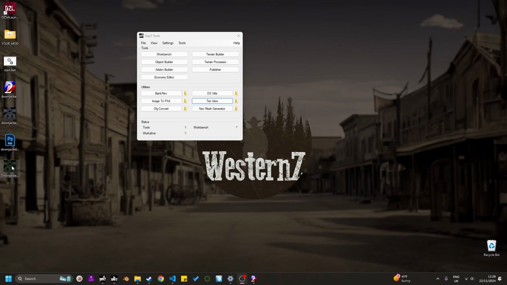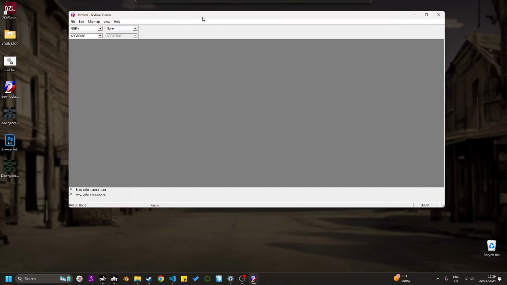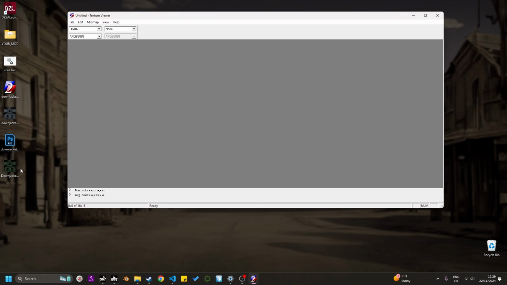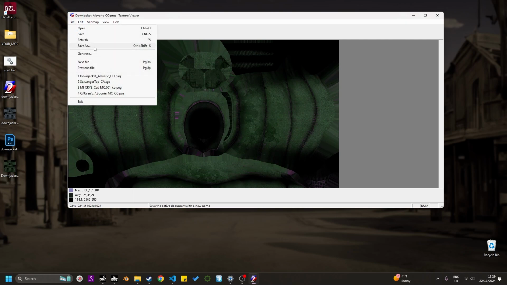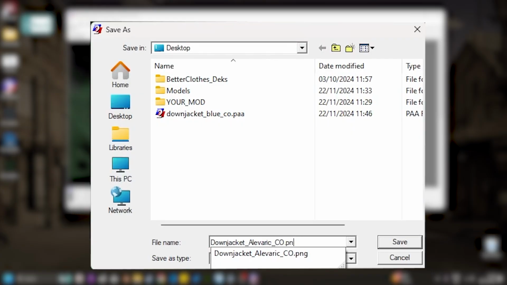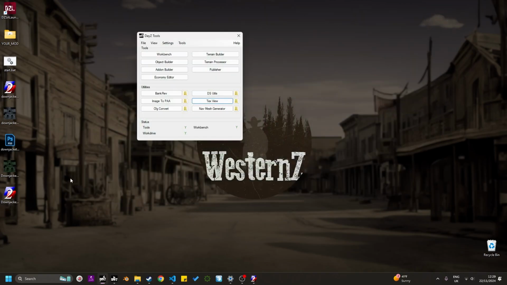And then we can see our PNG is now on the desktop. If we open up text view again, we can now do the opposite to convert it back to a PAA so the game can read it. So we'll need to drag the PNG into the text view, file, save as, delete PNG and replace it with PAA. Save that, close text view down, and we can see here now on our desktop that we have the